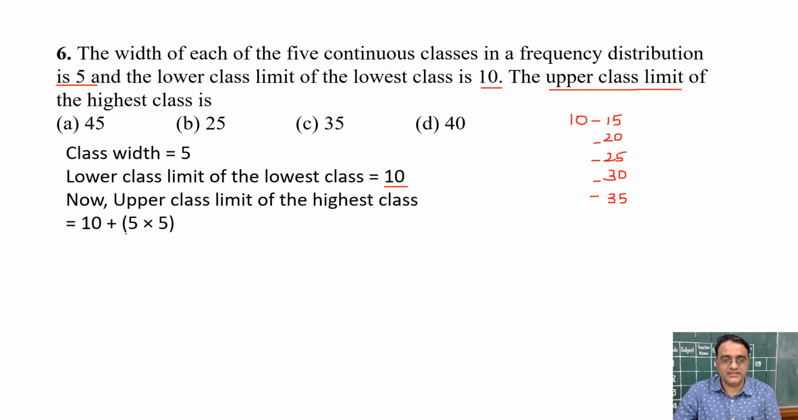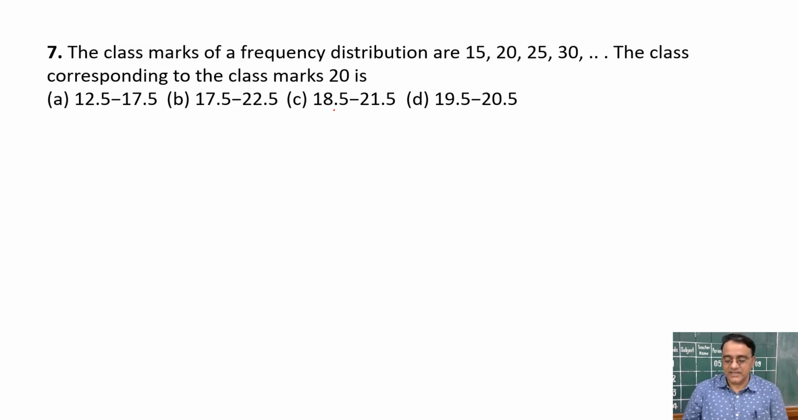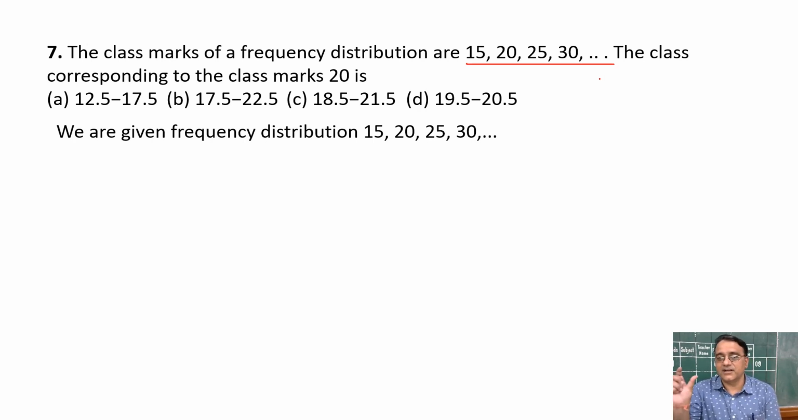So 10 plus 25 is equal to 35, and the correct option is C. Now we are moving toward question number 7. The class marks of a frequency distribution are 15, 20, 25, 30, and so on. The class corresponding to the class mark 20 is. So we have to find the class